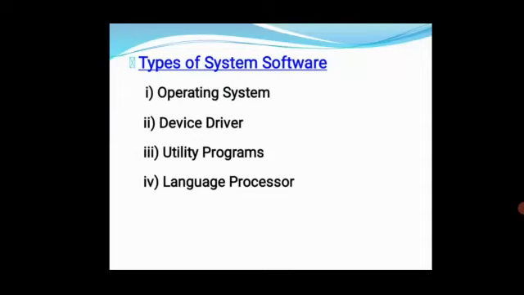Here system software is divided into 4 categories. These are all the main system software. So many system softwares are available, but these are the main things. First one is the operating system. Very important concept. This is the best system software. I said, without installing software you can't work on the computer. So first we have to install the operating system. The operating system is one type of system software.